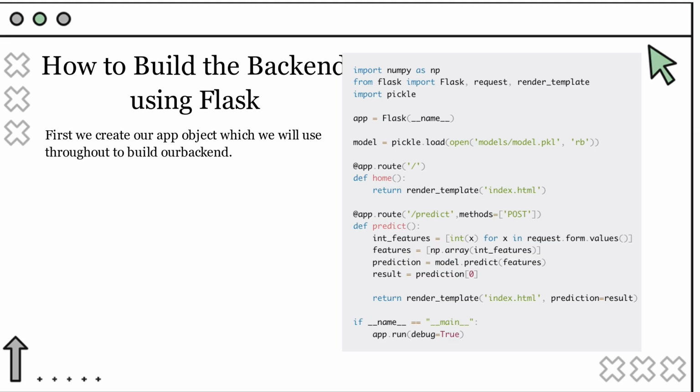We define a predict function here, inside which we first store all the input values in an array called int_features using request.form.values. Once we have our input values, we convert them into a 2D array for prediction and make the prediction like we normally do. Lastly, we store the prediction in the prediction variable, which we will use to render the result on our web app. Render_template index.html, prediction=result, tells Flask to assign the result to the prediction variable and render it in our